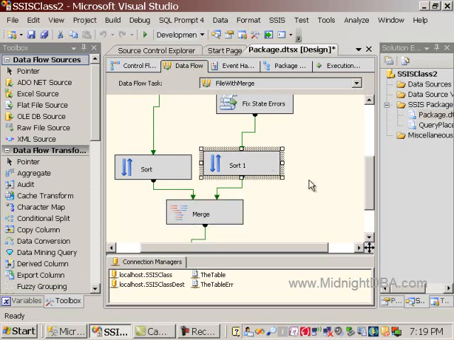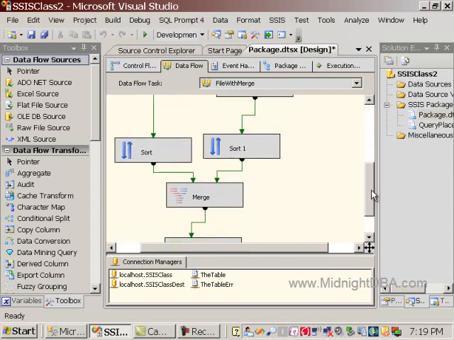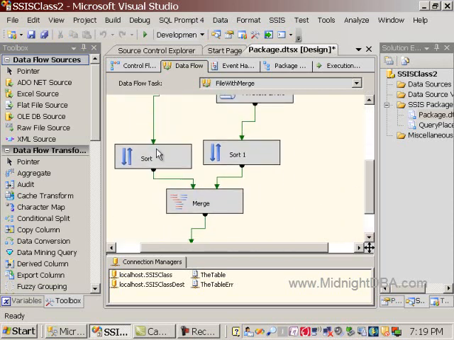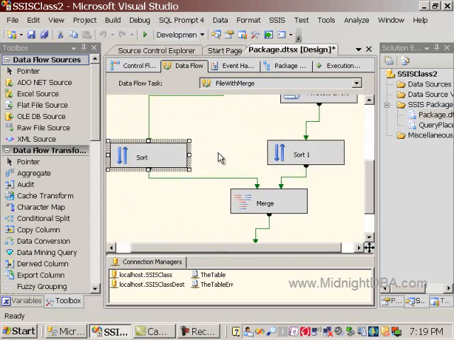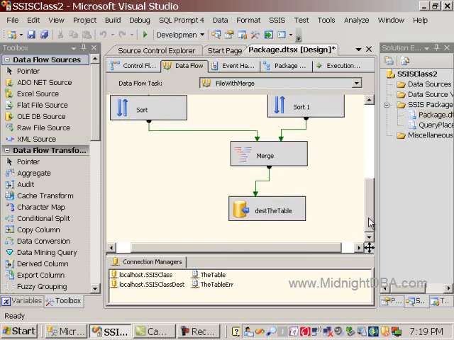But I actually tried to run this last night, and it ran for several minutes. I let it go for like 30, and it never actually started moving data out of the sort transforms. So you can see it's not a good idea. But this is a laptop, right? But you can see this is the kind of thing that won't scale, right? So that's the reason I don't want you to do this, because I've got one here